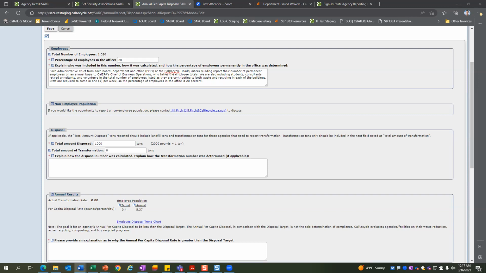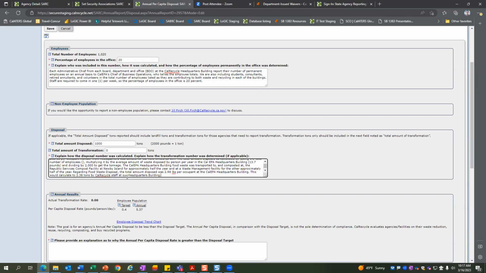And again, since most of you are probably in leased spaces, you don't have a direct tonnage report from your hauler of how to determine how much disposal you had. There's a variety of ways to figure out how much disposal, or estimate, I guess would be the better word. The way we do it at CalRecycle is, since we're one of many agencies that make up a building, we can find out the total building disposal.